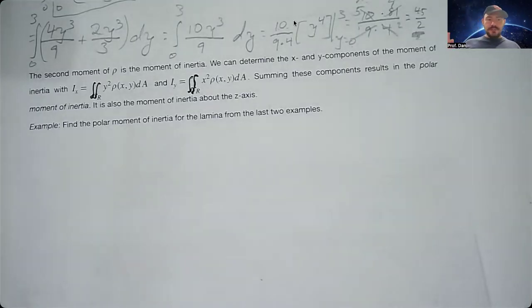Like I mentioned before, for the second moment, you're going to be multiplying your density function by each independent variable squared, right? And in statistics, this would correspond to, or at the very least, it would be related to your variance, right? Remember, that's the spread of the distribution. On average, how far away are the points from the center? So with moment of inertia, you can think of it along the same lines. It's an average of how far away we are from the center of mass,